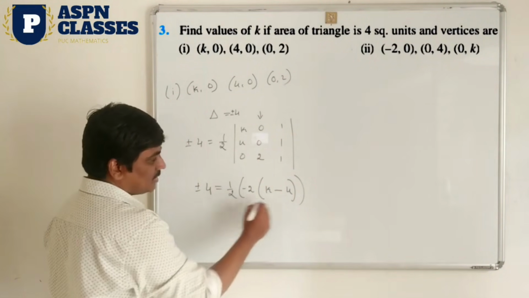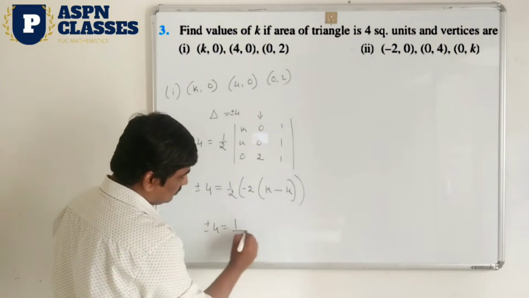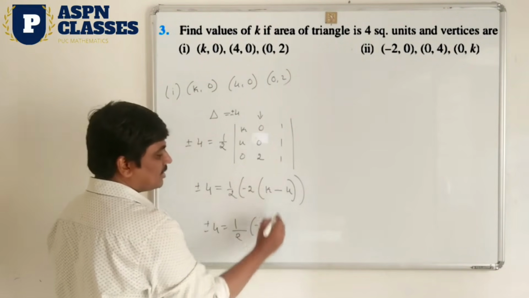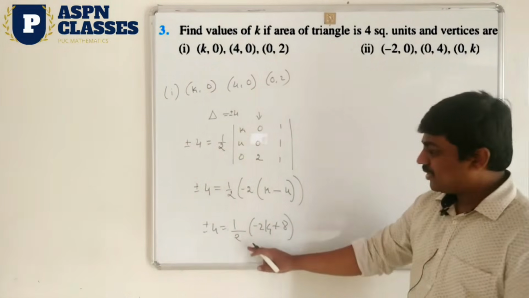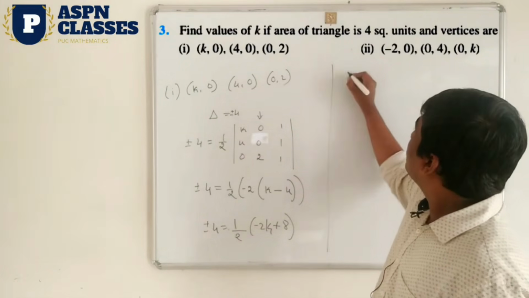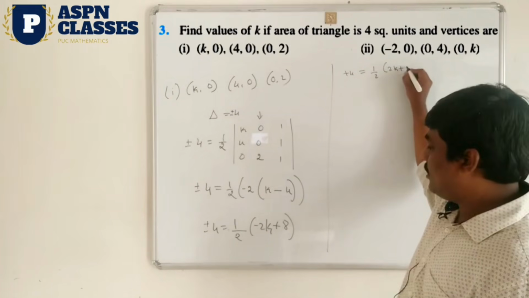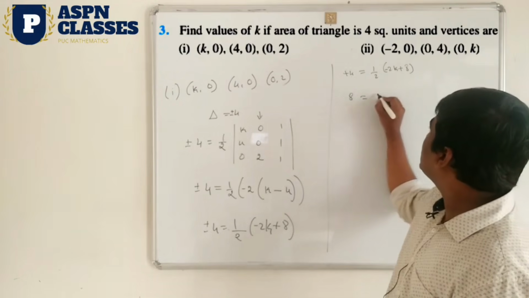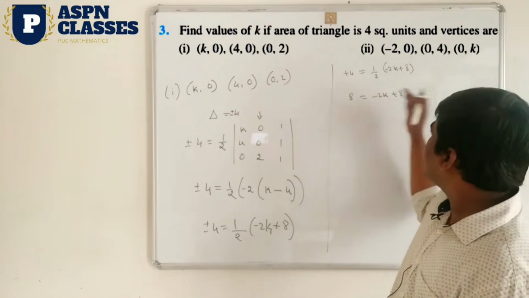And then you go and simplify this, plus or minus 4, 1 by 2 as it is. Here minus 2. Minus 2 multiplied here, minus 2 into k, minus plus 2 into 4 is 8 is the answer. Okay. So next step is what? You take the case 1, and at that time plus 4 you have to take. So in that case you write first, plus 4 I am going to take. What is the result? 1 by 2 into minus 2k plus 8. So 2 first you shifted here, it means 8 is the answer, minus 2k plus 8. Okay. So minus 2k you take to this side and plus 8 you shift to this side.